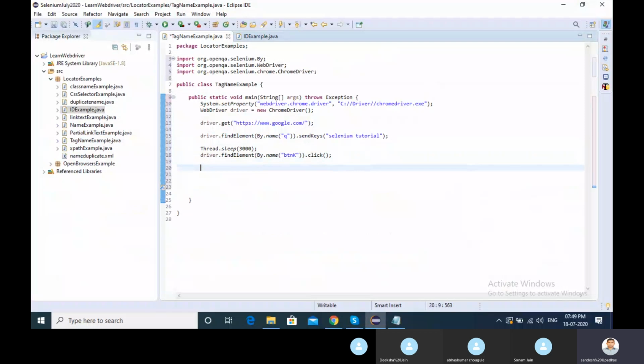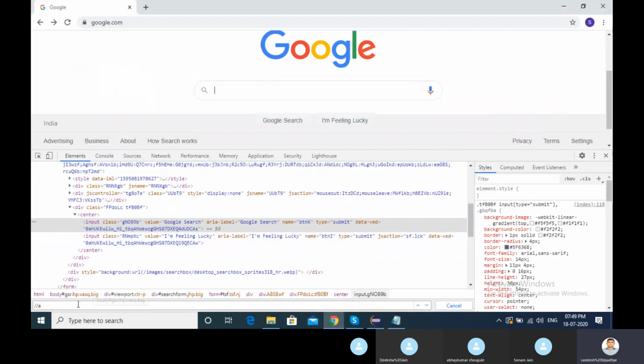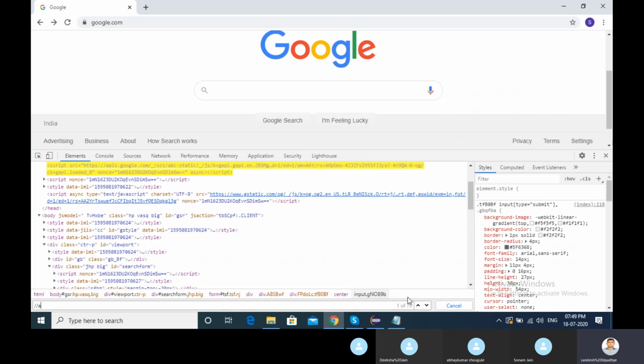Now I want to find those tag names which are a, the anchor tags. If I go here, I have so many anchor tags. Look here, almost 70 anchor tags.